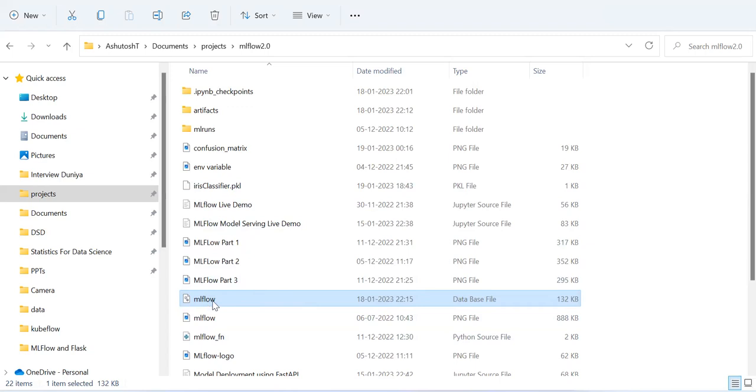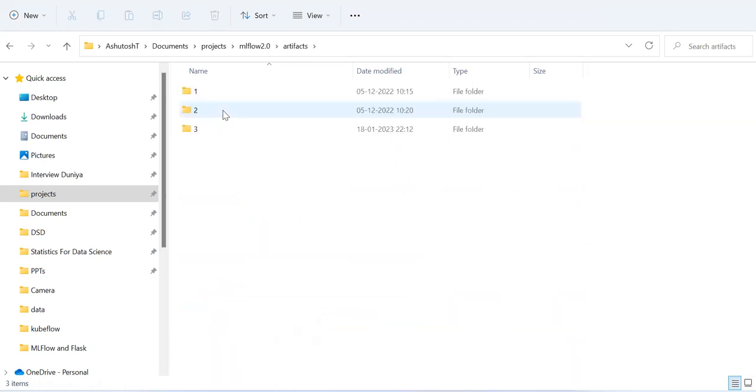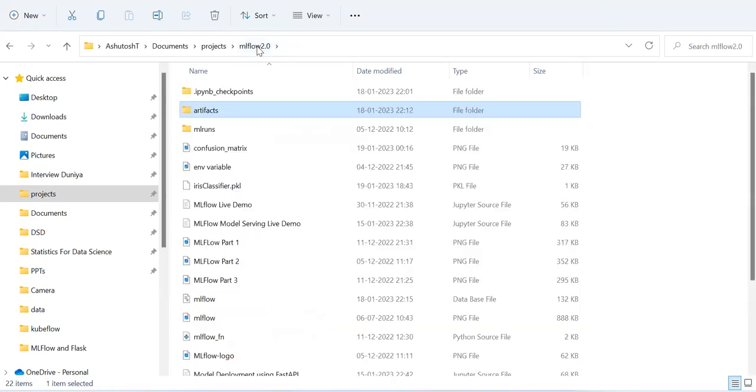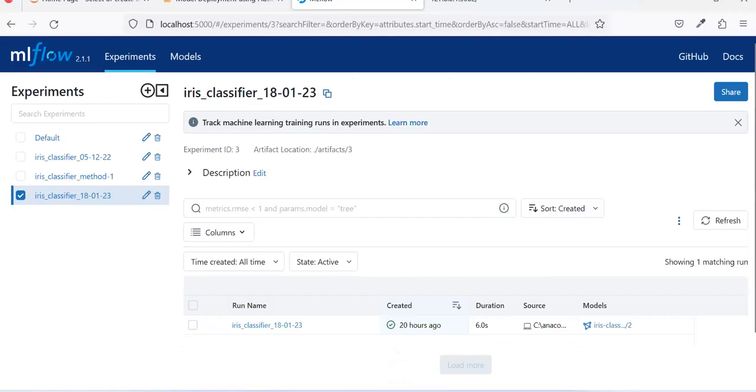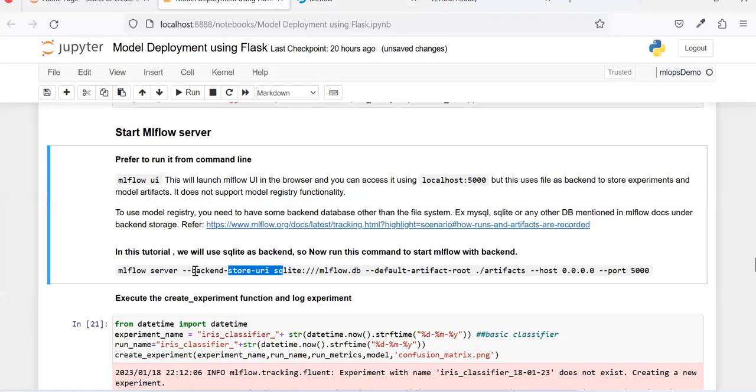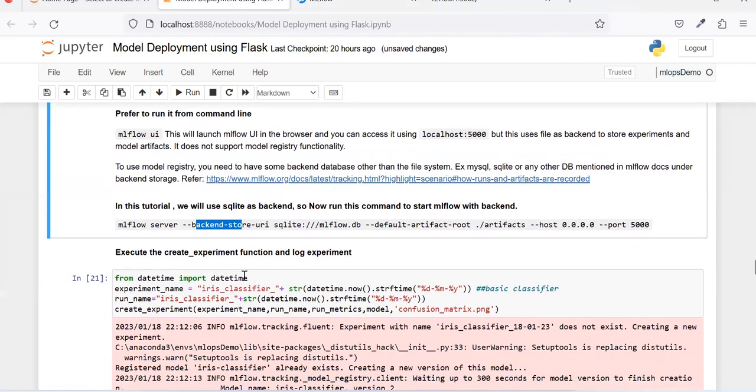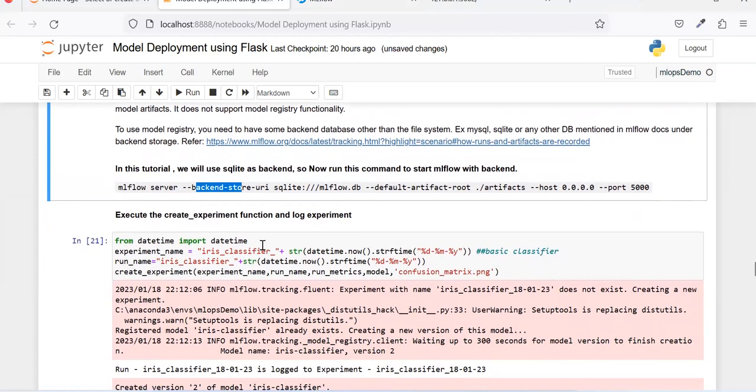Okay, this will be created in one folder, and your artifacts will be created in some other folder. So then it will not be in sync, and that's where it will create a problem. So make sure you are in the same folder. Okay, now coming back. I hope you have executed this command, and now once after executing this, your MLFlow